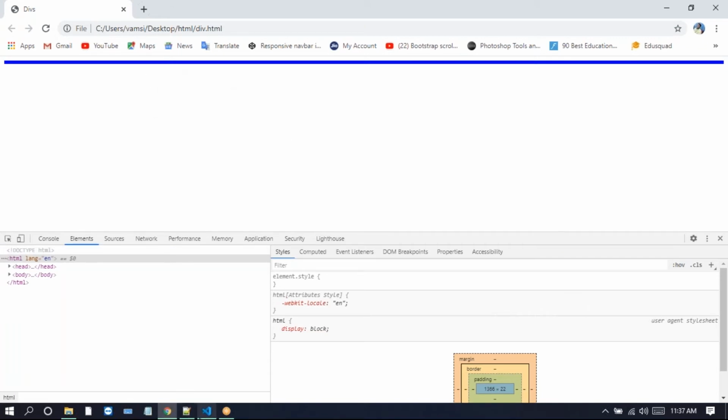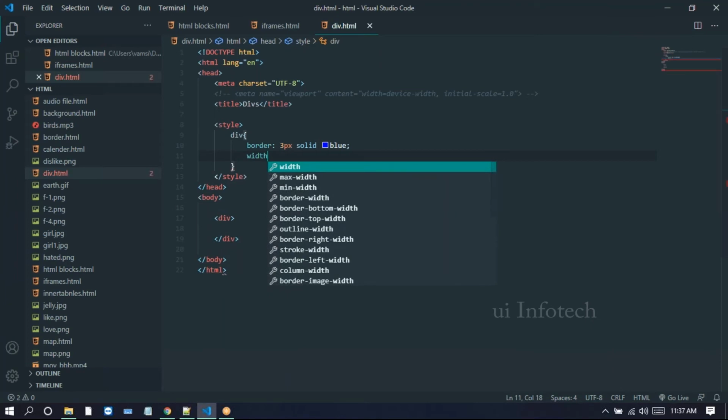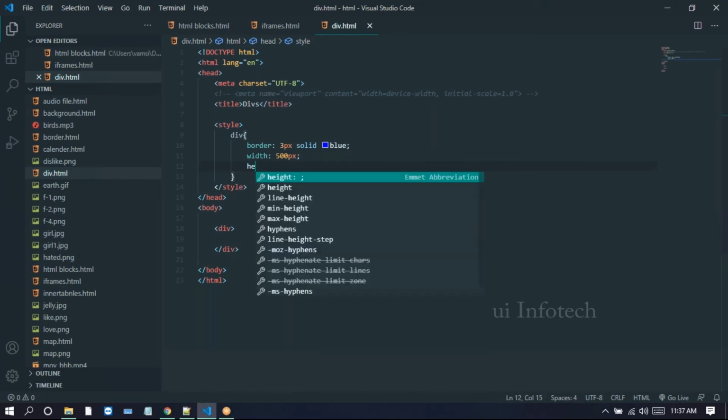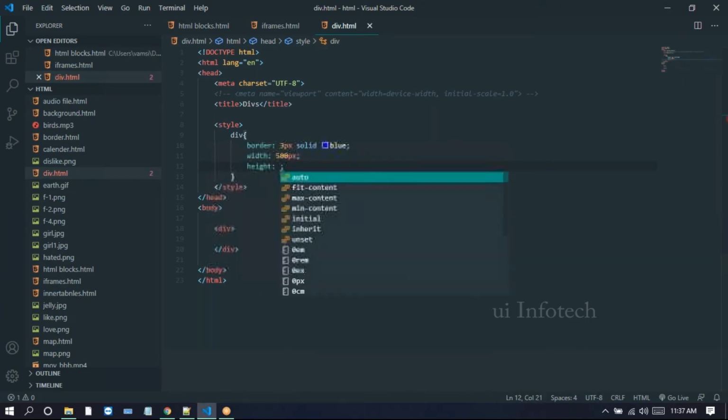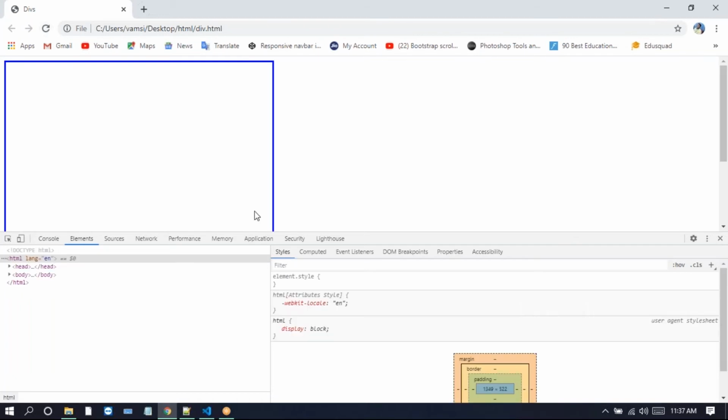I'm using solid blue here. Now just run this one on the browser. See, there you get the blue border here, but we didn't give the height and width for this div.